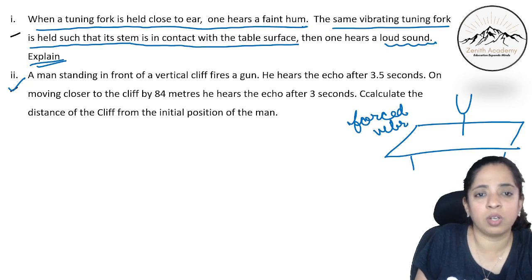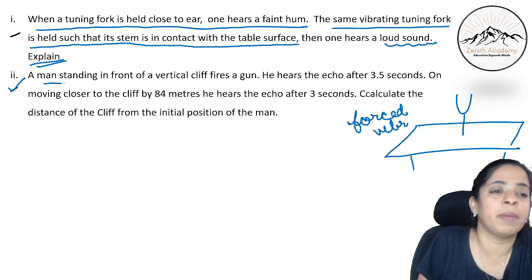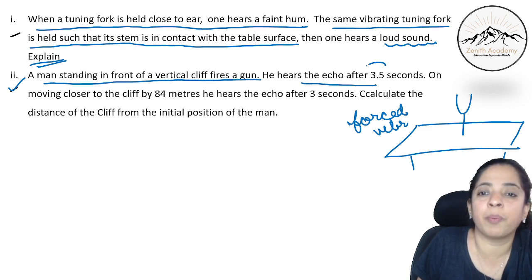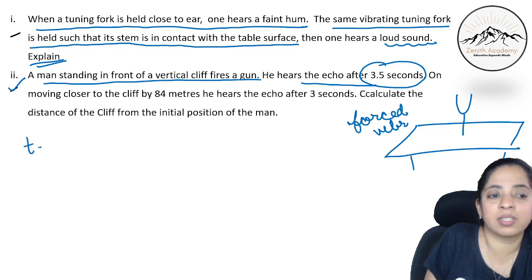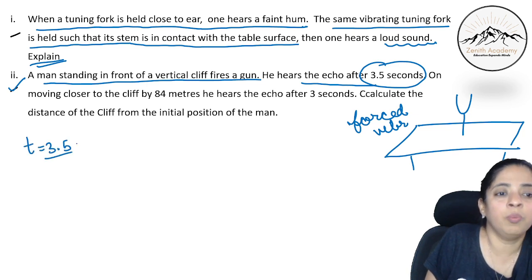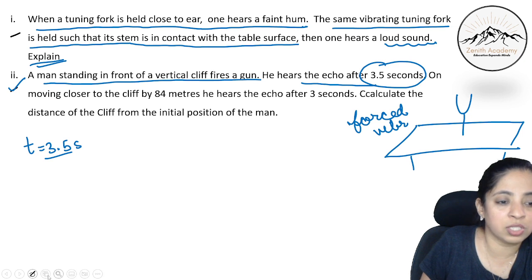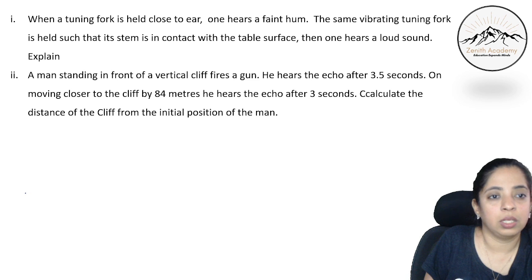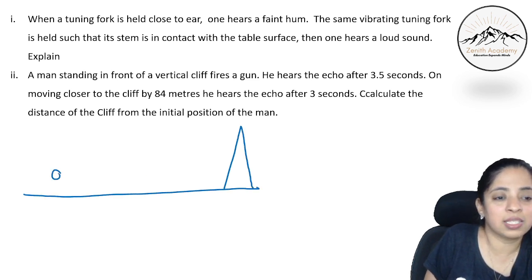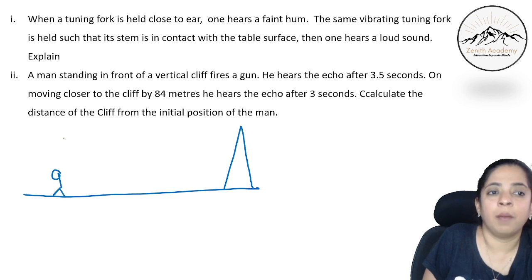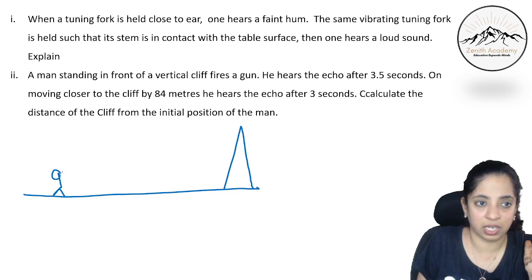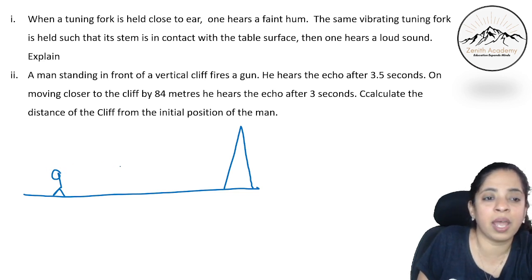Now the second one is very easy. We have already done lots of questions like this. A man standing in front of a vertical cliff fires a gun. He hears the echo after 3.5 seconds. So time is 3.5 seconds. On moving closer to the cliff... okay, I will draw this diagram for you. So this is the cliff. A man is standing here initially. A man standing in front of a vertical cliff fires a gun. He hears the echo after 3.5 seconds. On moving closer to the cliff by 84 meters,